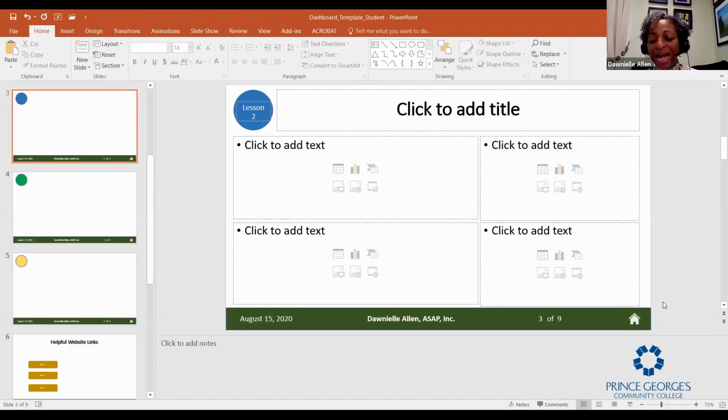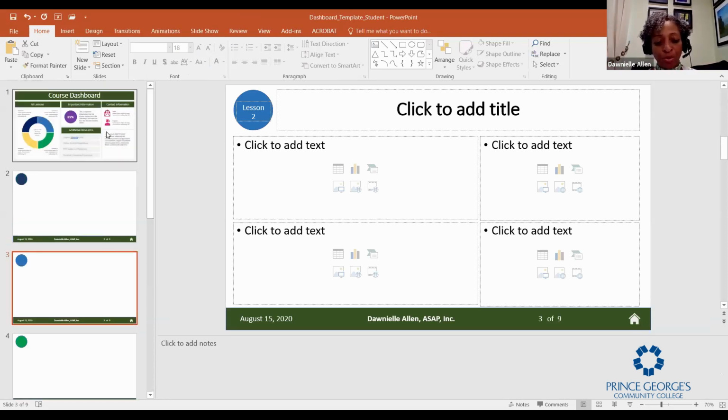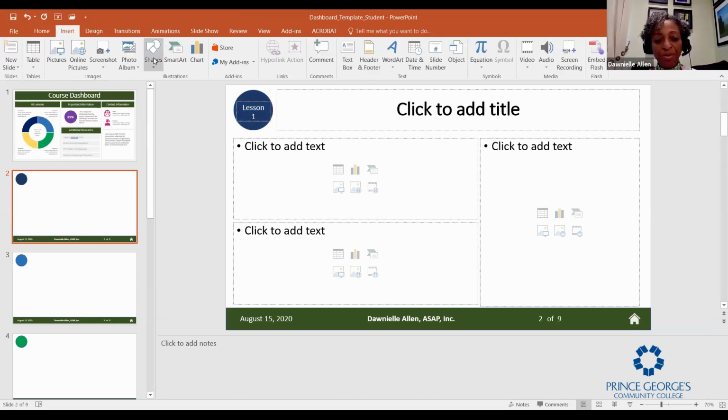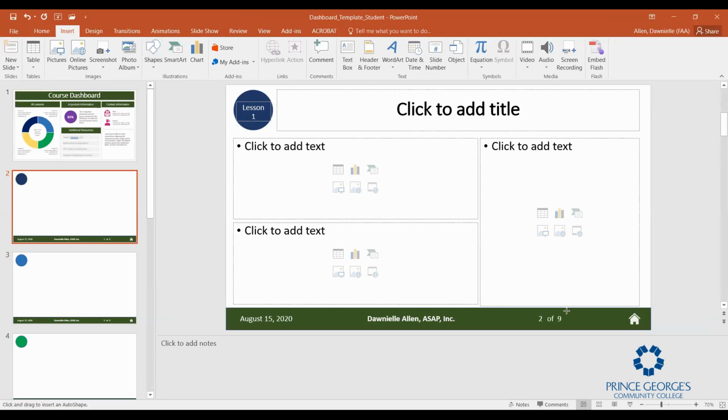Quickly, this is how I would navigate back to the dashboard. I like to do everything from a dashboard. So let's say we're here. I want to insert a shape. I grab the square. I am really sorry, but we're going to have